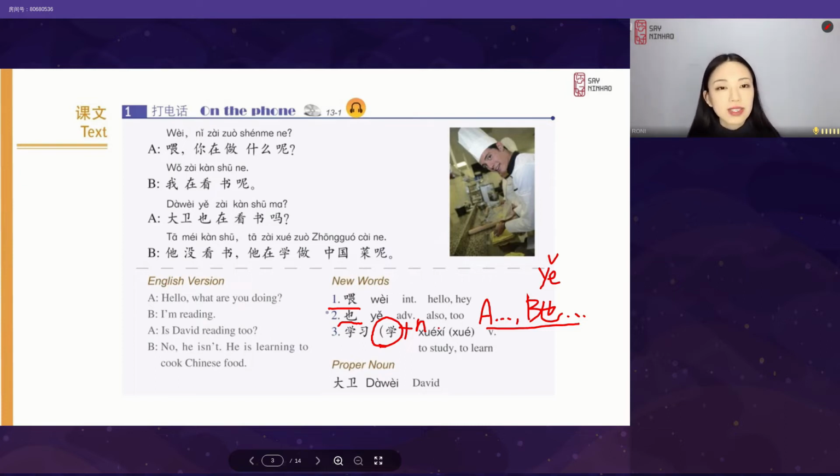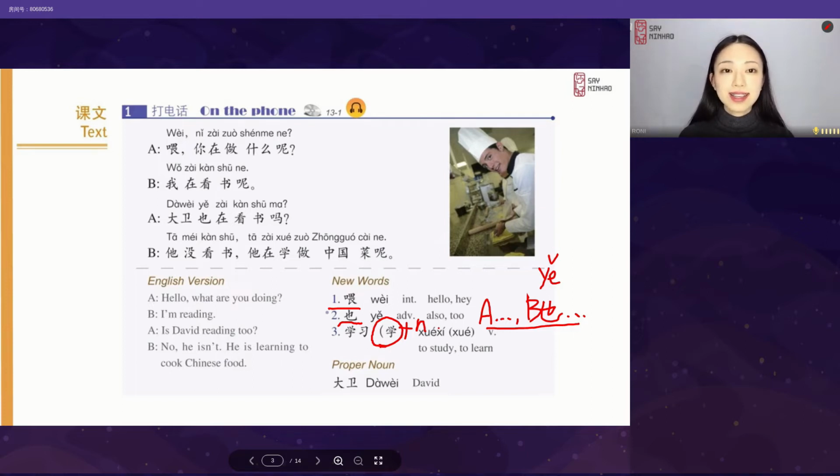好, then try to say, he is not Chinese. 他不是中国人, right? The negative form of 是 is 不是. Okay, 他不是中国人. And try to say, I am not Chinese either. I'm not Chinese either. Then it is